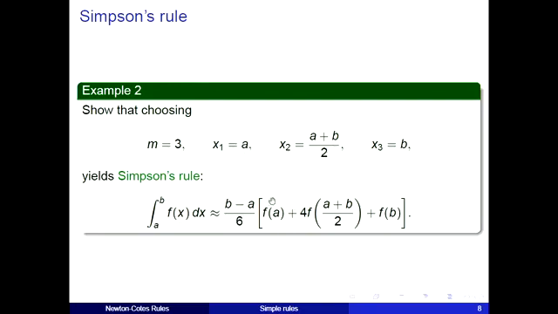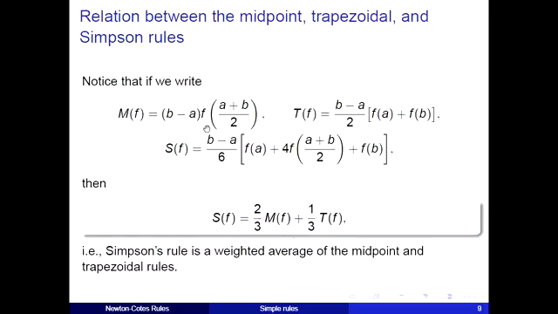And then by evaluating the weights of the Lagrange polynomials, you can come up with this formula, and we call it the Simpson rule, after the first person who discovered that. Okay, so the Simpson rule can be related to the midpoint or trapezoidal rules by this relation. You just look at this formula, and the Simpson rule is just 2/3 the midpoint plus 1/3 the trapezoidal